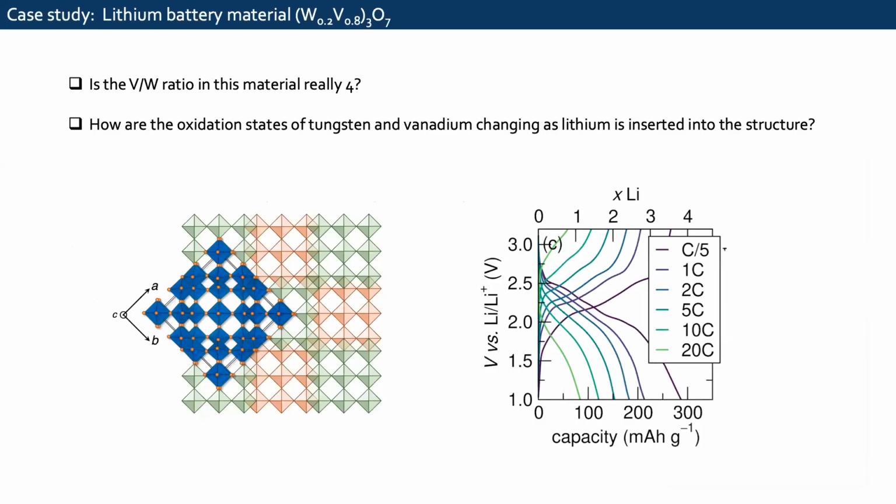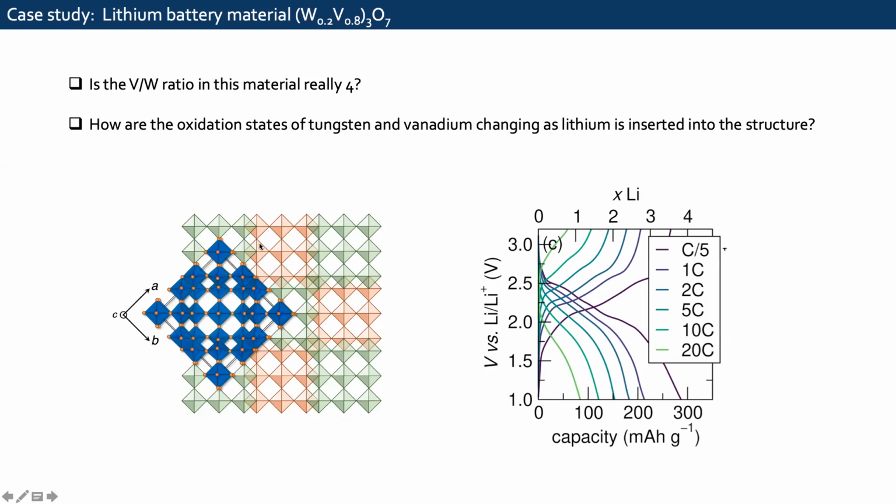The last thing I want to talk about is a really short case study, as an example to show a couple of questions that you can answer. I'm showing the crystal structure of tungsten vanadium oxide, which is a fast-charging Wadsley-Roth phase. This is an interesting block material. 3x3 blocks are tiled, and they have mixed occupancy of tungsten and vanadium. So when you synthesize it in this ratio, in a 0.2 to 0.8 ratio,